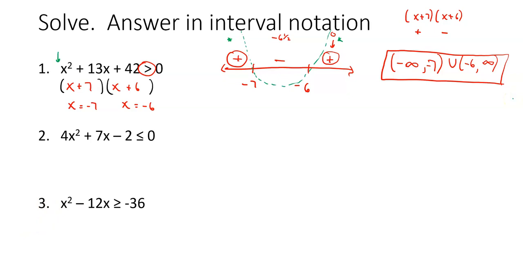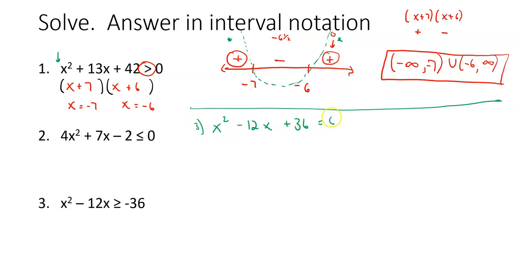Let's set this up and see if we can find boundaries, and then see if we can find our interval. X squared minus 12x plus 36 equals 0. I'll move the 36 over to the other side. How does this factor? Factors of 36 that add up to negative 12. So x minus 6, x minus 6. Hey, it's the same factor twice,